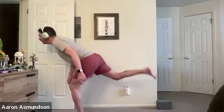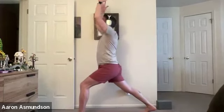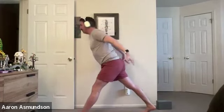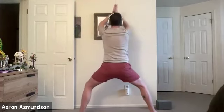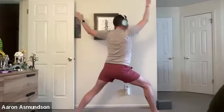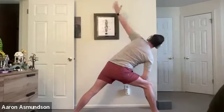You're here for 3. Step back, crescent lunge in 2. And 1. Release to crescent lunge, right toes down, palms to the sky. Let's get back into it. Breathe in. Exhale, wide pyramid with airplane arms. Inhale, star, get big. Exhale, goddess, final goddess pose. Inhale, warrior 2 to the back, gaze over your right palm. Exhale, extended side angle and